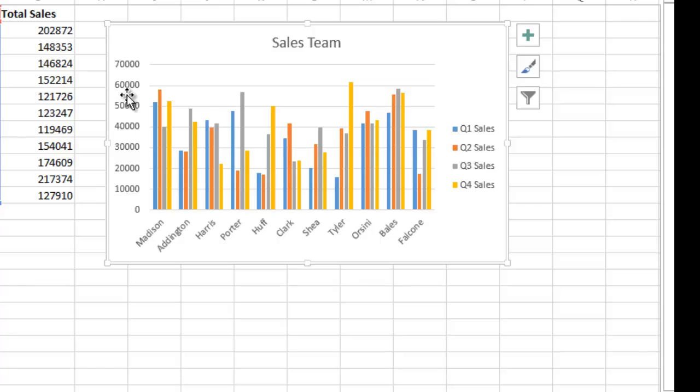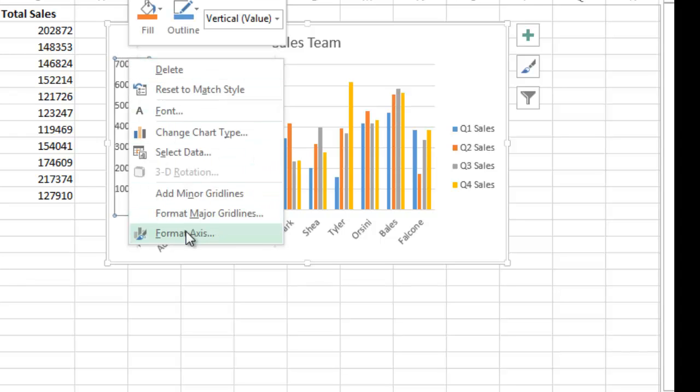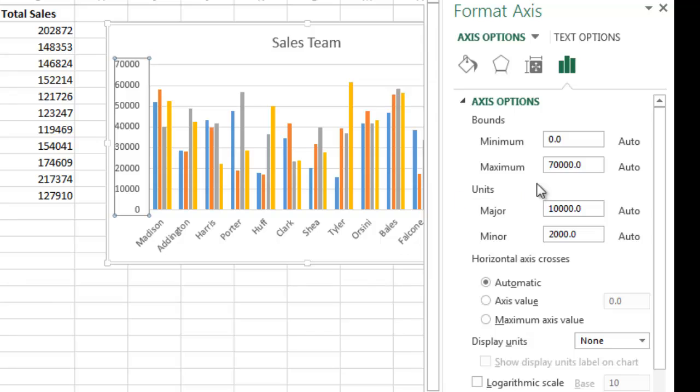And then I might want to modify this axis over here. You can see it goes 0 through 70,000, but let's assume their target was up here and that no one was hitting their target, and it was actually 90,000. So we might want to change that value on the axis. I can change that right here with my minimum and maximum, and I can change the